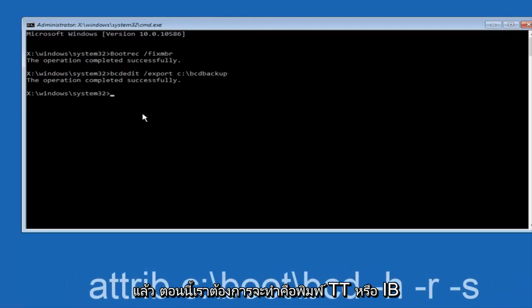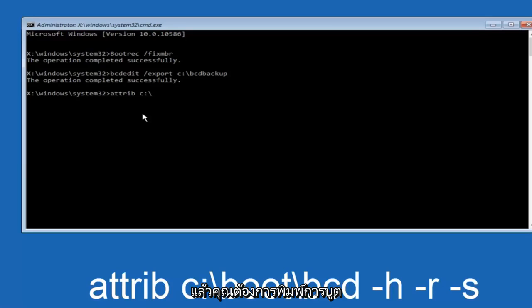Now what we want to do is type ATTRIB space C: /. Please note this is not a backslash. This is like what normally you would think of with a slash. Higher at the top, and then it goes down to the right. So top left to bottom right. And then you want to type in boot, another one of those slashes, bcd space -h, another space -r, and then another space -s,